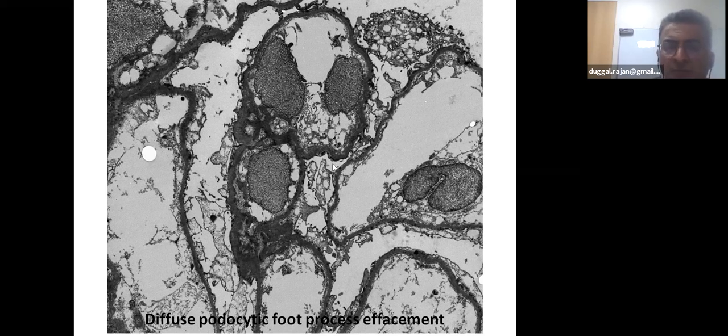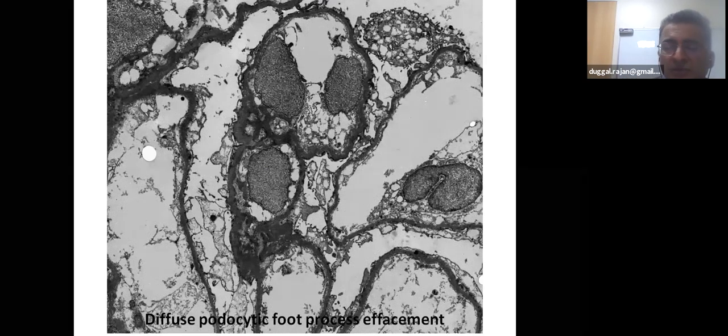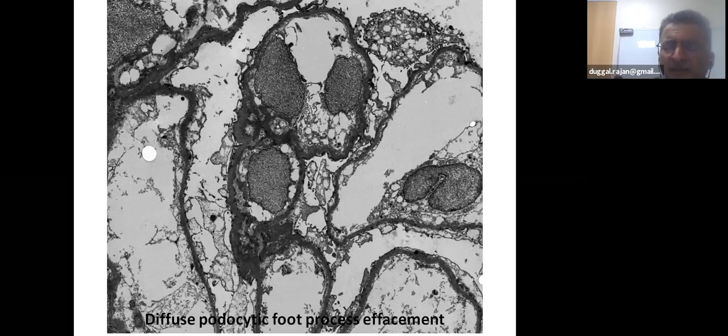That is a very subjective kind of thing. Someone may say, in this case, I can't see any podocyte nucleus, so most likely there is a podocyte detachment. But that is not a correct thing, and that is the reason that the main pathological difference, between MCD and FSGS, is the